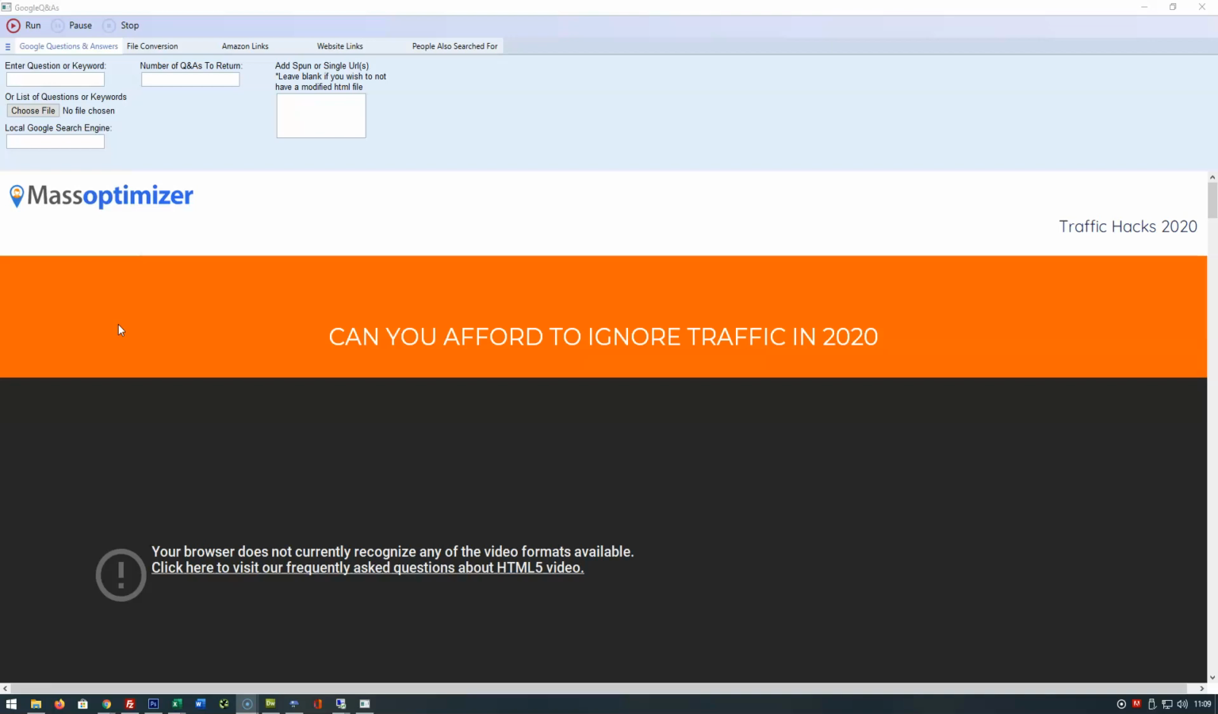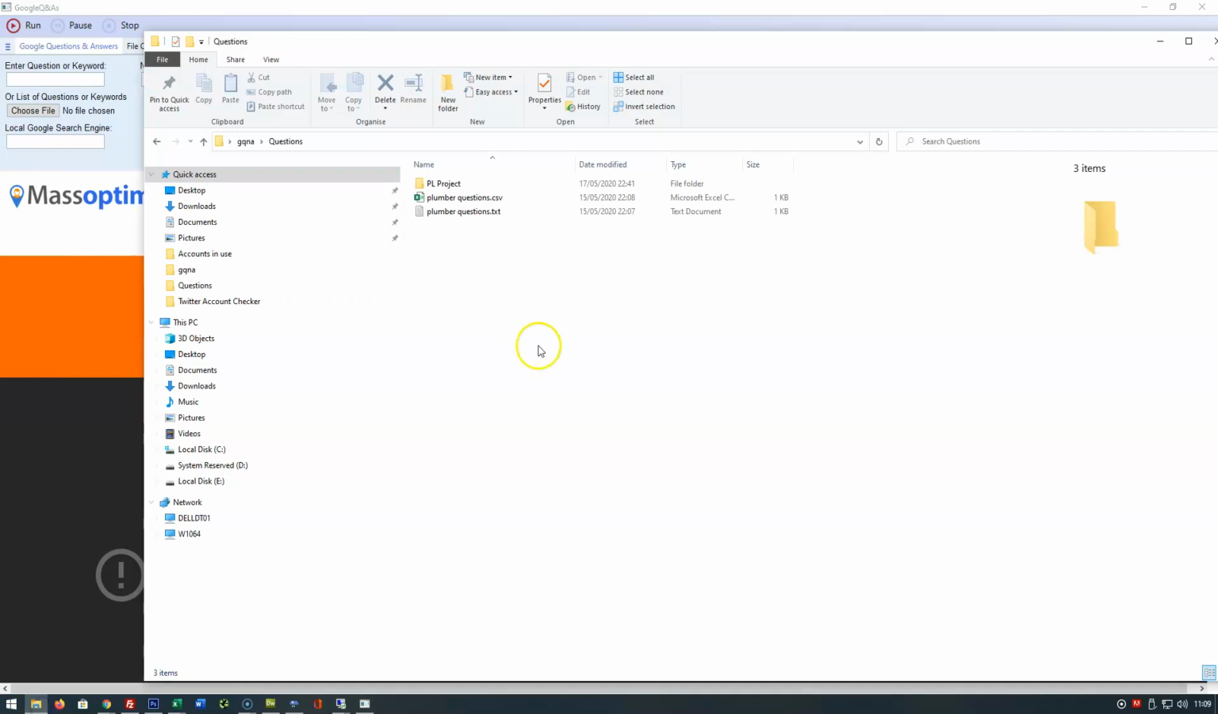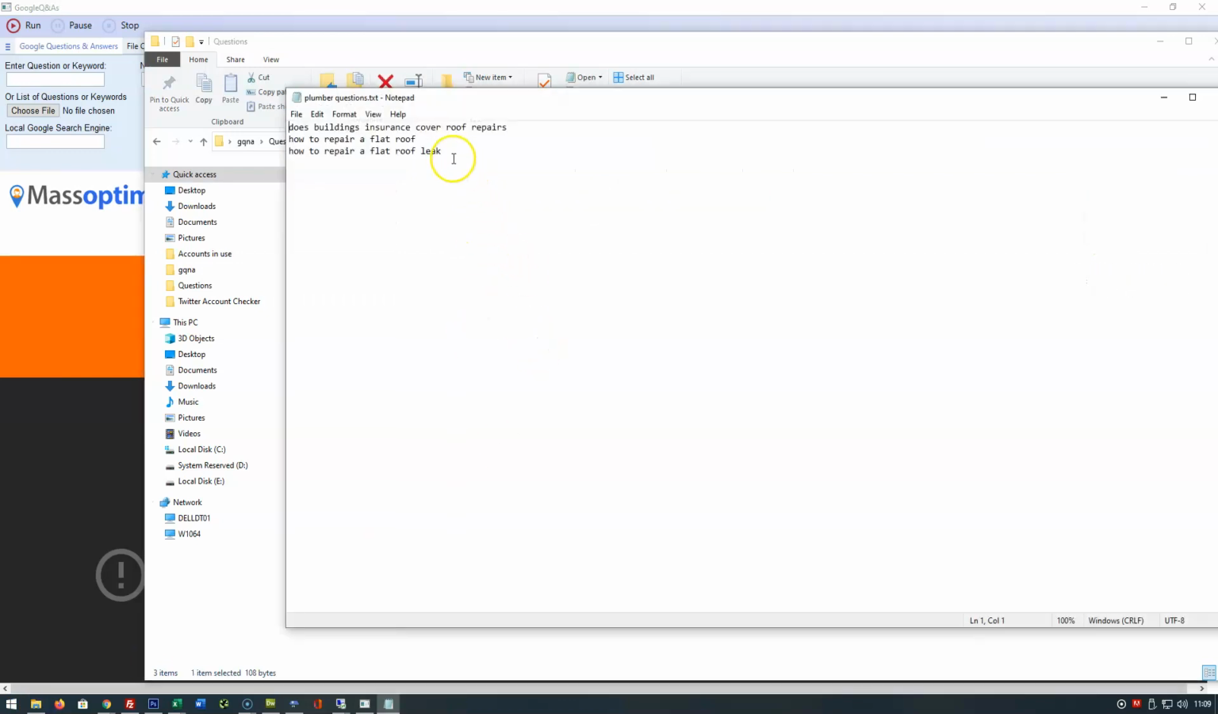So I want to take you through a quick update to the Google questions and answer tool that we have. The notable difference is the ability now to include a list of questions or keywords as the text highlights here. So what we do is we will prepare a list of questions like this. You can have an unlimited amount of questions,